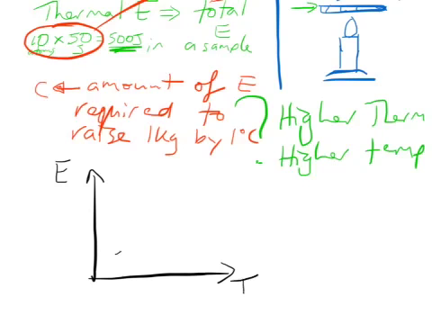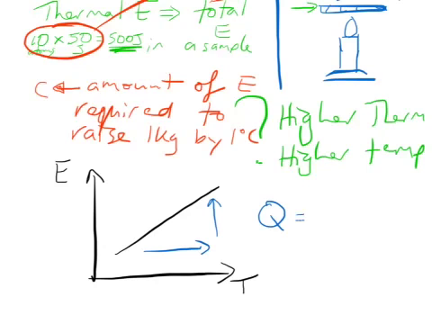As the temperature is increasing, this is a very simple graph, and I'm not considering any phase changes, so no changes from solid to liquid or liquid to gas, or the reverse. As temperature increases, the amount of energy required or stored in that substance, in the movement of the particles, is increasing. Okay, there's a formula to represent this, and for some reason they use Q as the energy,